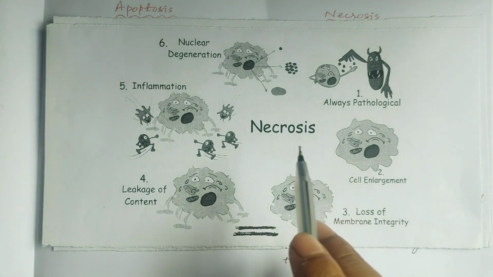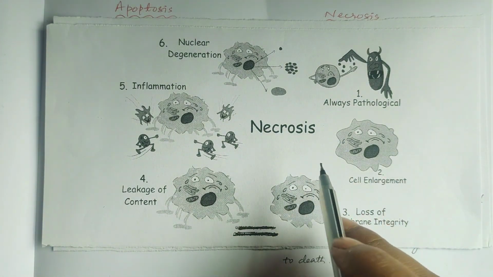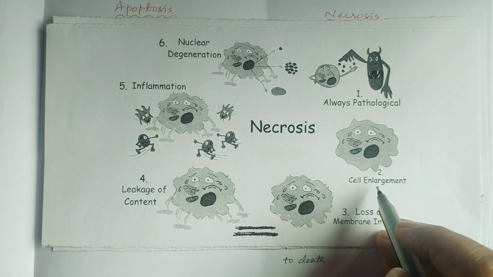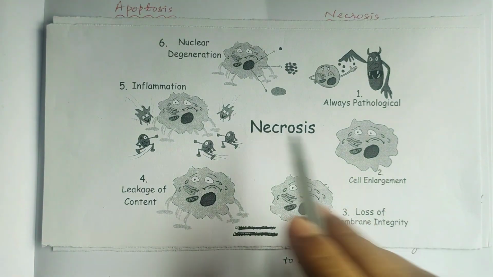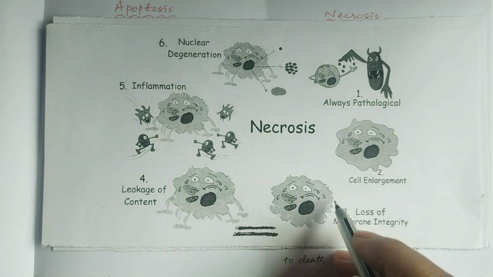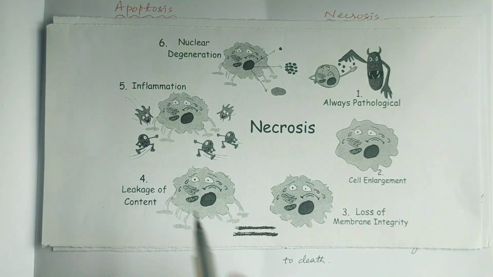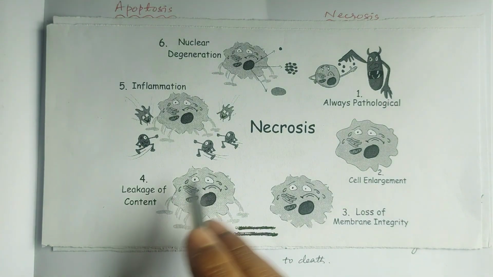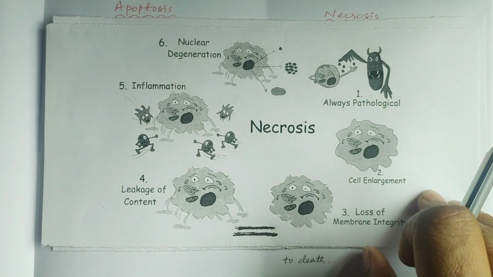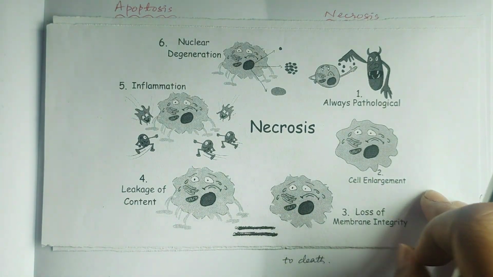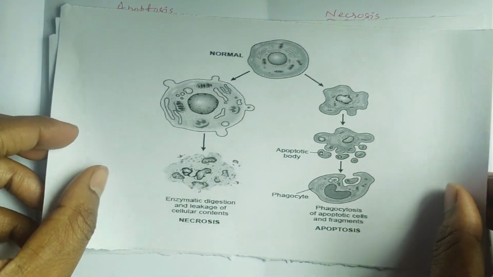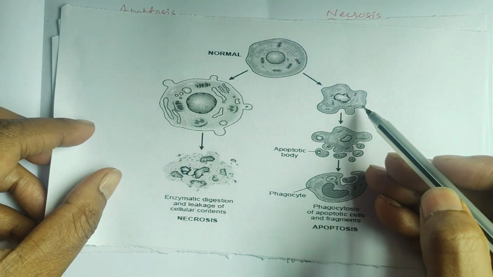The characteristic features are cell swelling, cell enlargement, inflammation, loss of membrane integrity, and nuclear degeneration. Due to loss of membrane integrity, there is leakage of the contents, and the cell undergoes cell death, necrosis. So the difference you can see here: cell swelling, cell shrinkage,